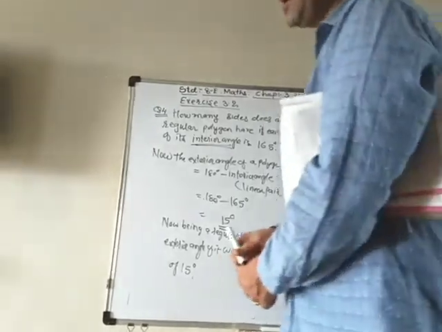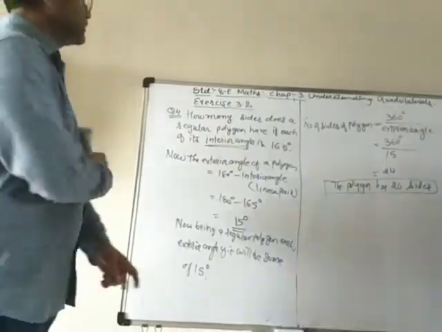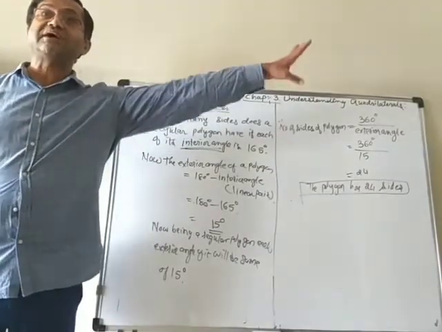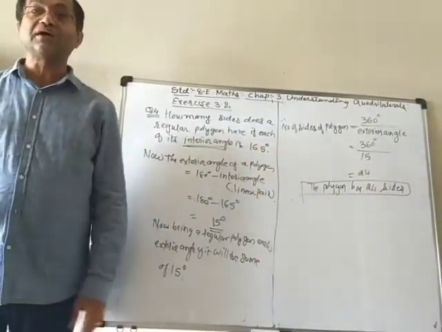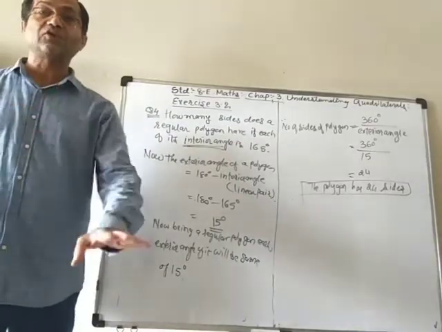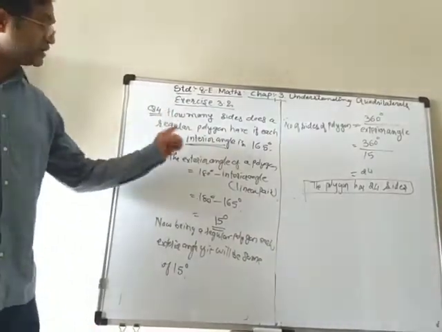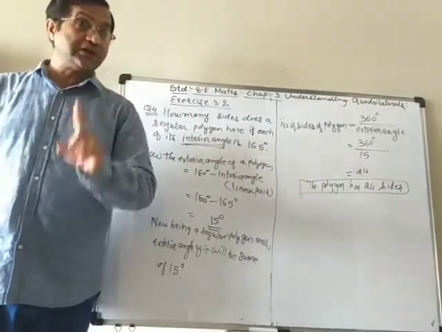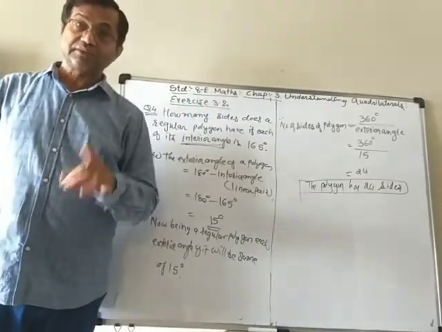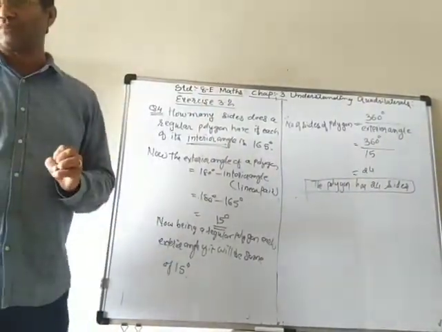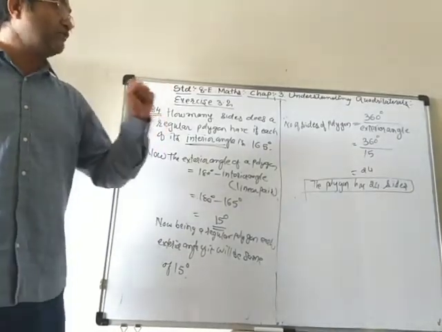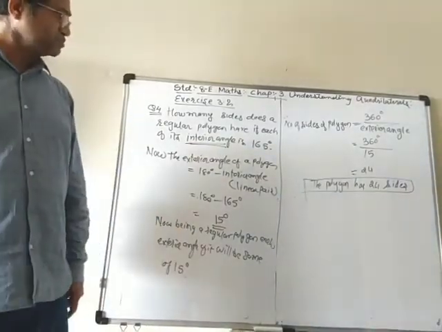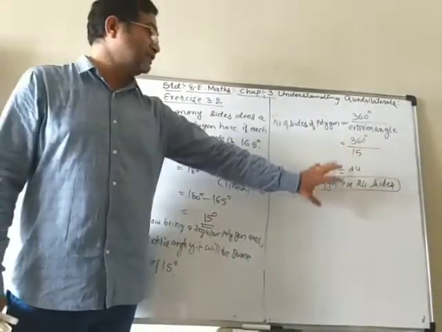So in this situation, you have to be careful. Why? Because if you don't read that it is the interior angle, what will we do? We will directly divide 360 by 165. And your answer will be wrong. Because it is the interior angle given, and the sum of all exterior angles is 360. And you know that the sum of the interior angles is different. We know that it is n minus 2 into 180. So it will be different. So you have to be very, very careful when it is interior. So read the question carefully. Right? So in this way, we can find the answer.